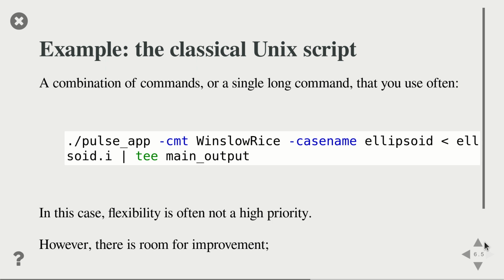That input file contained all the configuration of how the simulation was supposed to be run. And then I use tee to store the output to file, so main output is the file name, but also to display it on screen. Of course, this is kind of the standard command, and I had put it in a